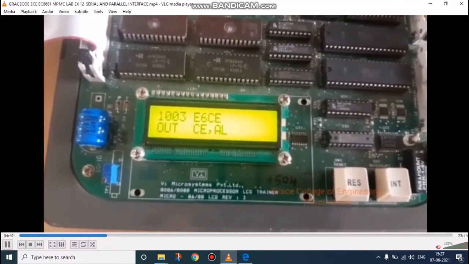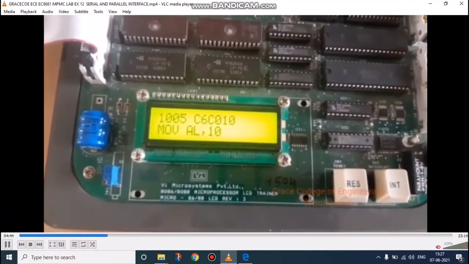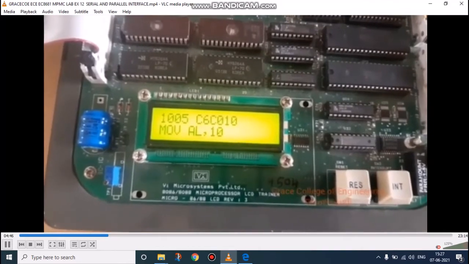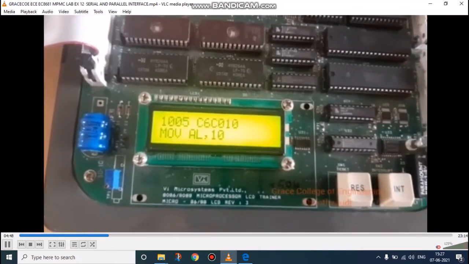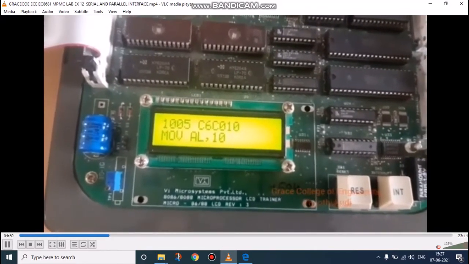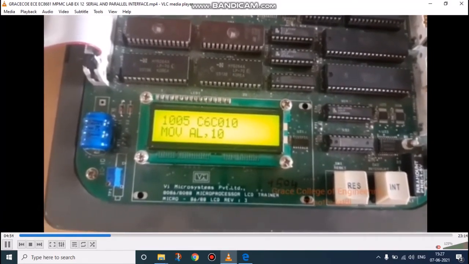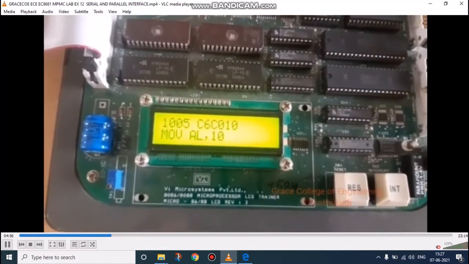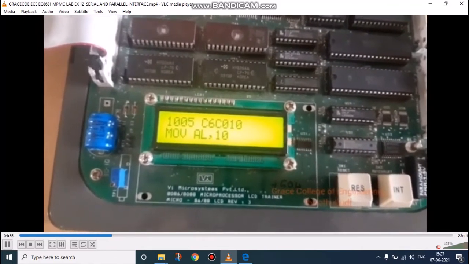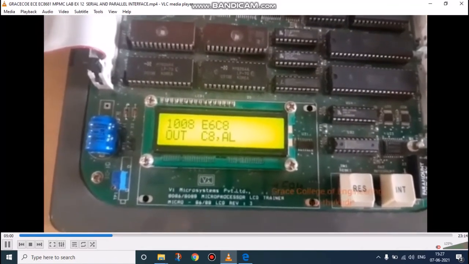to initialize CE, and move AL, 10. This is the control word to initialize the 8-bit or 16-bit character. Okay, so 10 is 8-bit character only.